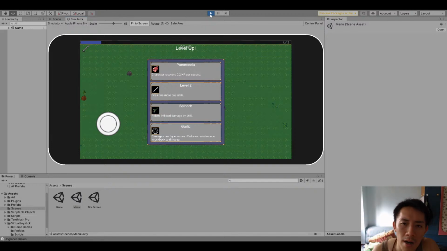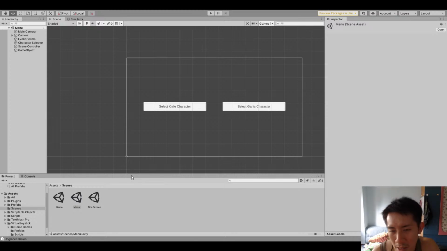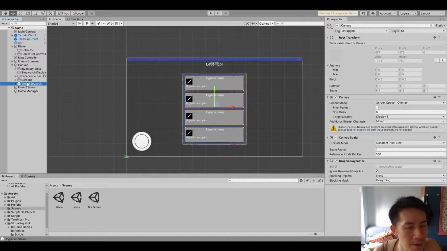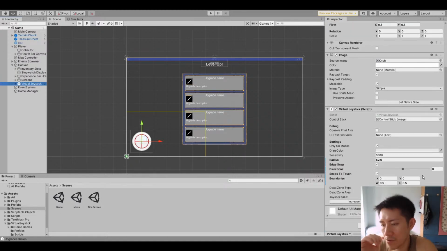Alright, so that's it for the mobile adaptations. It's pretty simple. I'm going to put together a quick article to address this, so keep your eyes peeled for that. Before I wrap up today's stream, I will make some improvements to the Soul Eater asset as well. Let me just see if there's any other improvements I can make to the joystick at the moment. So for the joystick,